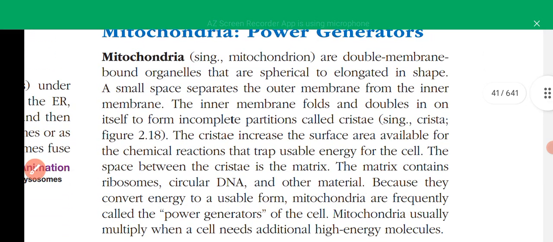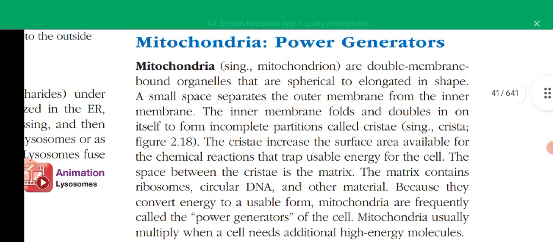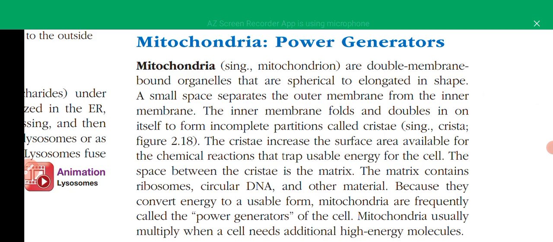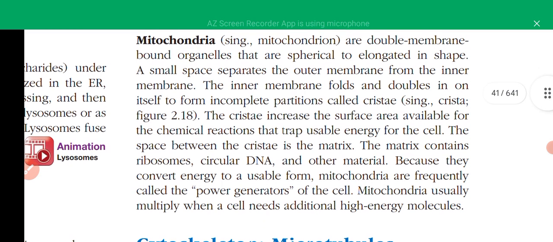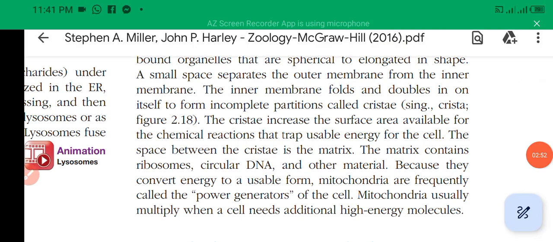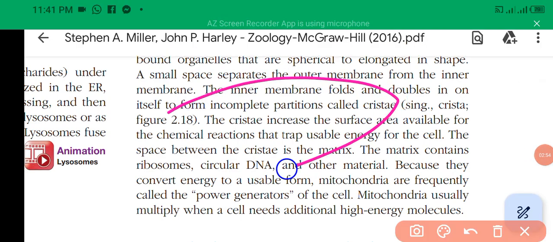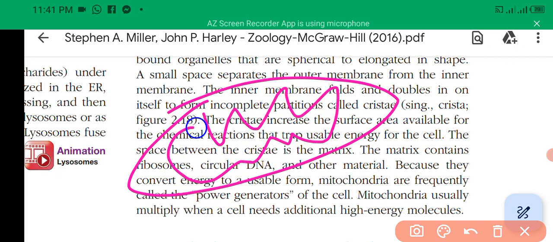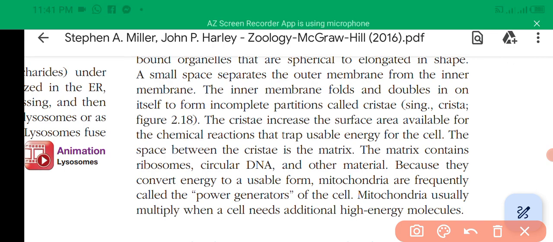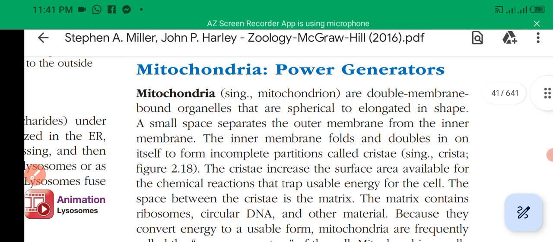Then there is the mitochondria, the powerhouse of cells. We will study it briefly, not in more detail. In more detail we will study it later. It is a double membrane organelle. You can see its outer membrane. Then there is the inner membrane having many foldings inside the cells, and these are called cristae. And there are many types of enzymes on it for the production of ATP, like the electron transport chain